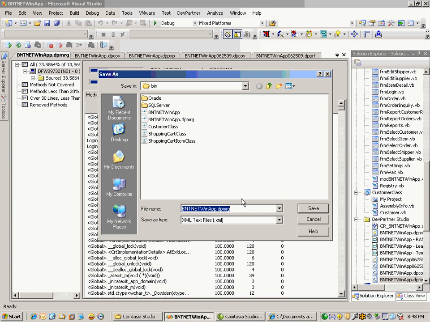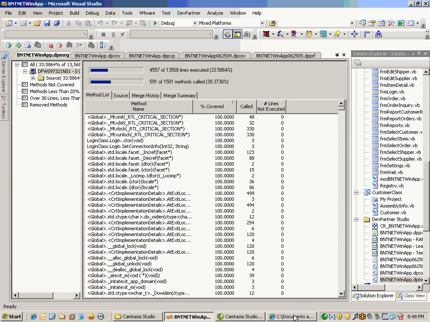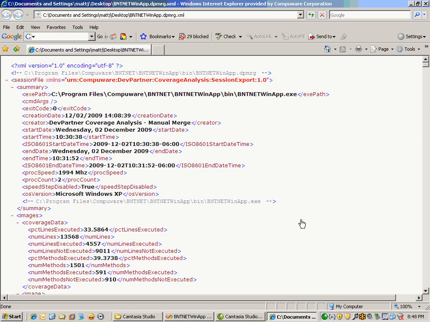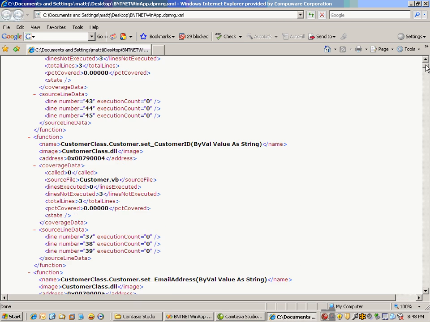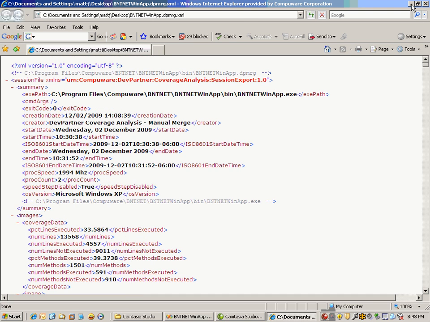So the first one, pretty straightforward, is a raw XML data file. You would choose it and then save, and it would look along the lines of this. So you'd have your raw XML data that's generated that can be shared in other reporting tools or wherever else